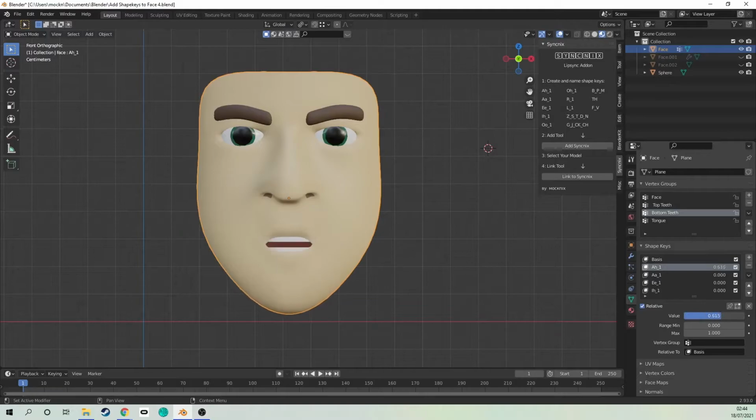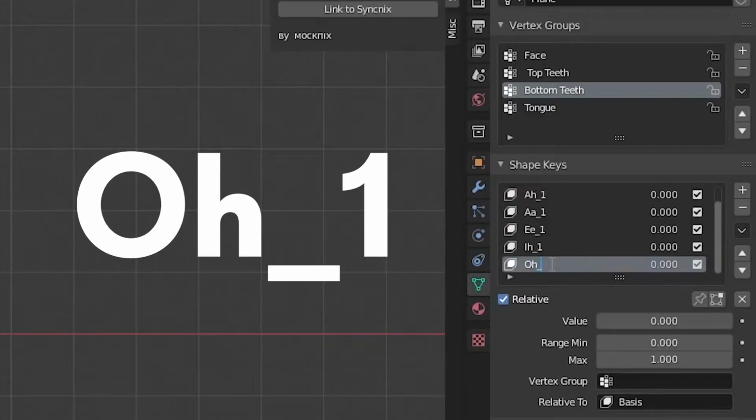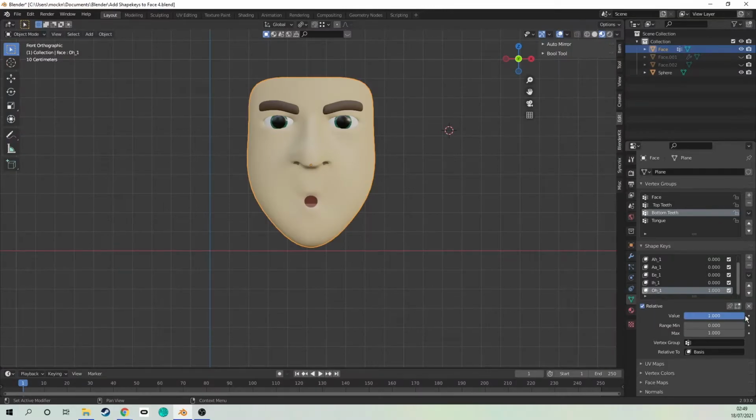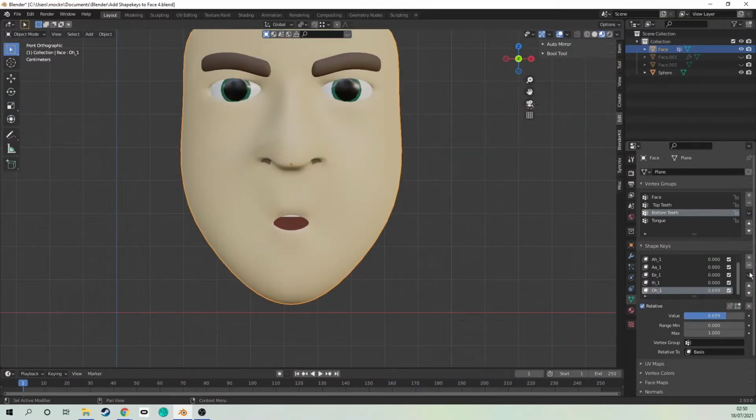For O, I began with the first key we made. I set ah to 1, new shape from mix, lowered it back down to 0, named the new key OH_1, tabbed into edit mode and rounded the lips. O! For oo, I cranked O up to 0.7, hit new shape from mix, moved O back down to 0,